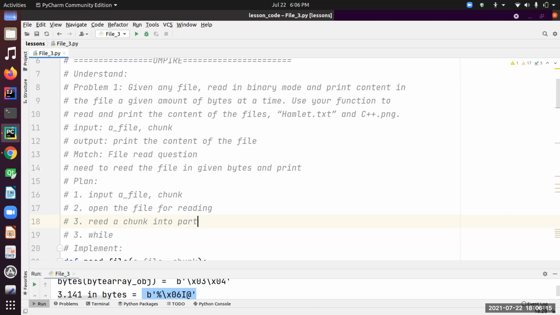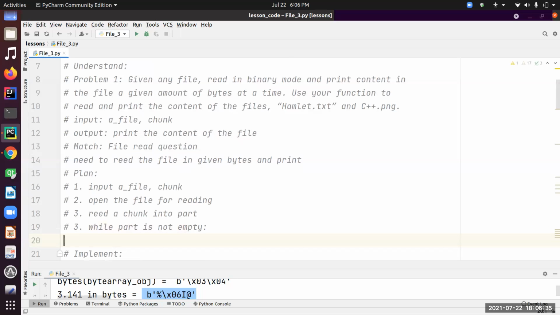So once we are done with reading and the file pointer is at the end, this part is going to be empty. So while part is not empty,